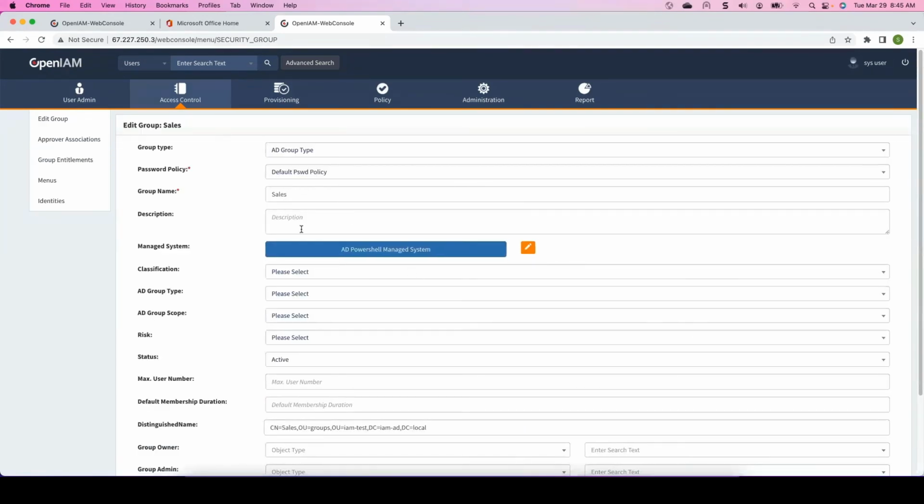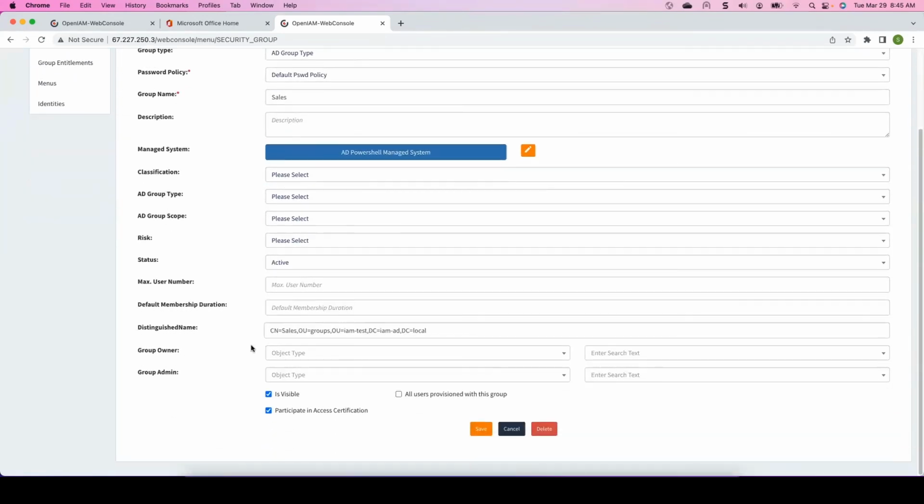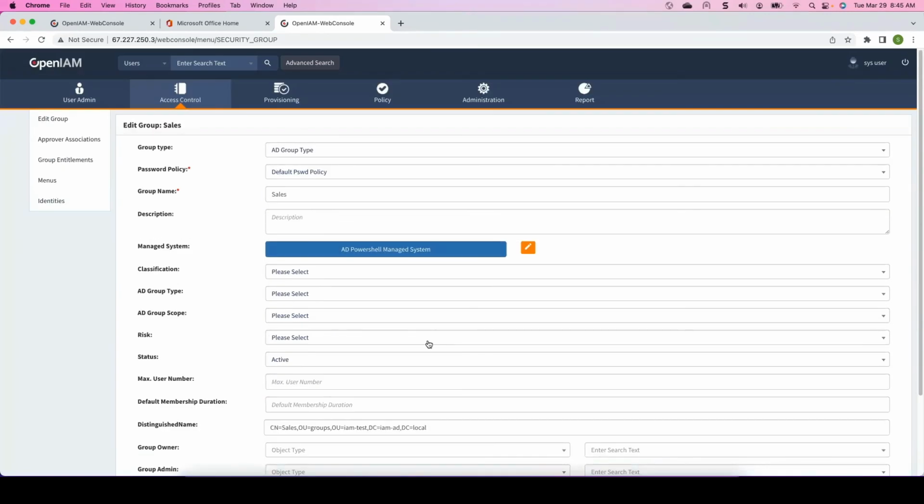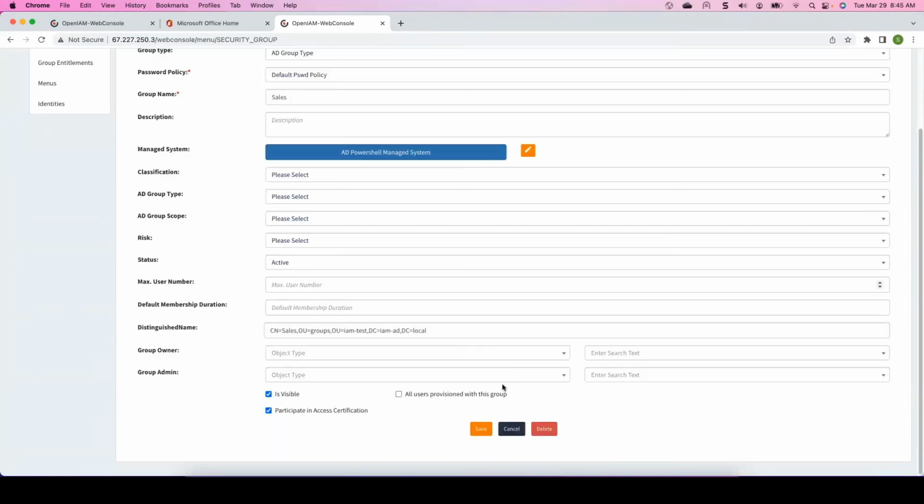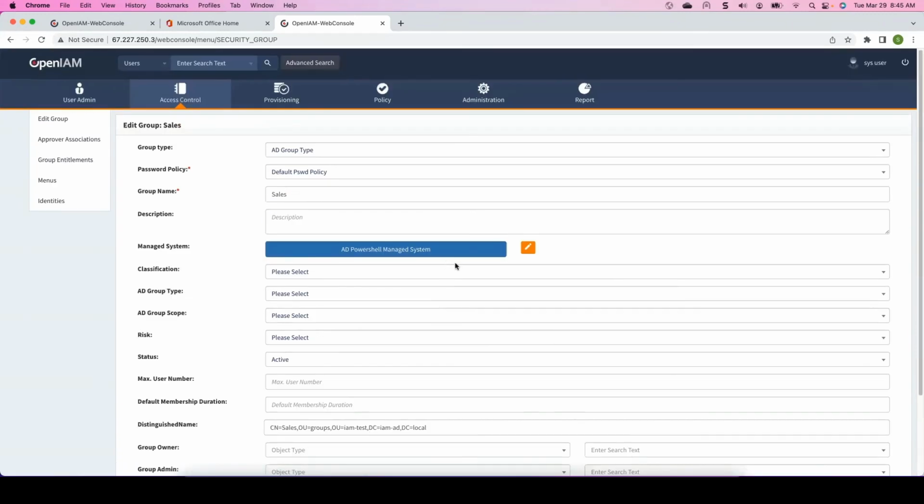And again, we're pulling back very little information. And we have our DN that's been defined here as well, right? So the groups now exist in OpenIAM. And again, in practice, we would do a little bit more where we would define the classifications and the group types and things like that, right? As we progress, we will lock down these scripts to have the additional information that we want. Okay. The next thing that we need to do is the same thing